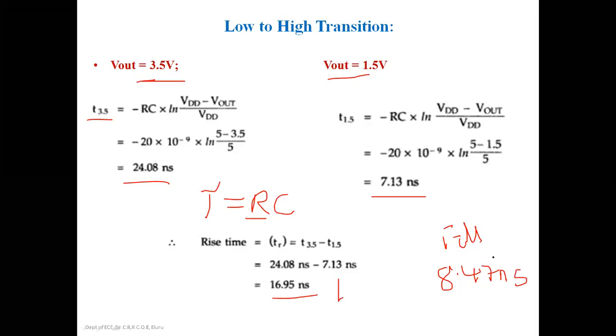That is very important. If you want to design high speed CMOS devices, the rise time and fall time must be equal. But you cannot always have the rise time and fall time with equal values. So designers have a design measure that the PMOS will be larger than the NMOS. So that is about the rise time.